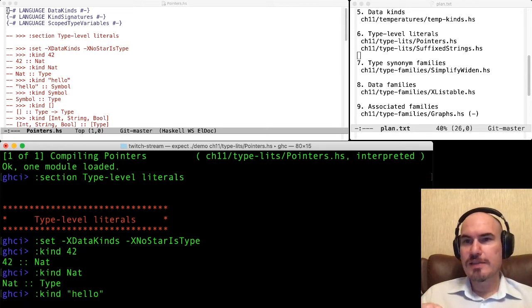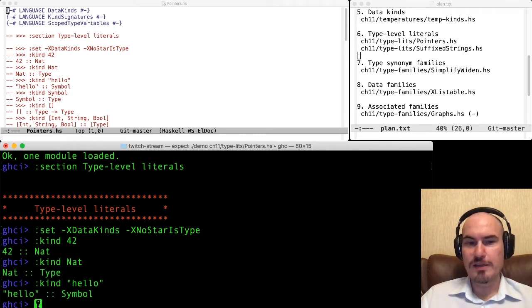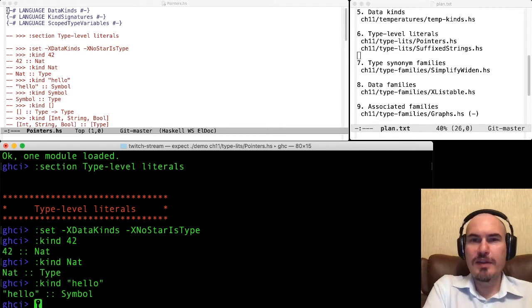And strings, string literals, they can also be considered as types. So this kind is called Symbol. So we have Nat as type level natural numbers, and we have Symbols as type level string literals.